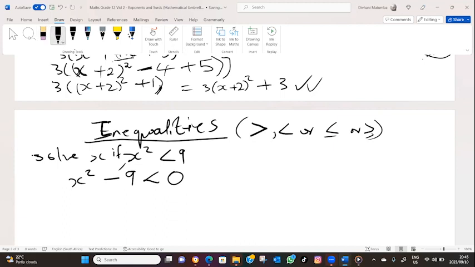So if you take that expression as a function, what they're saying is go and look for the functional values which are less than 0. That means we are looking for the y values whereby the graph is below y equals 0. So what we are looking for